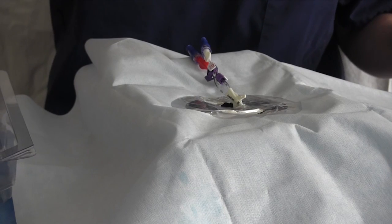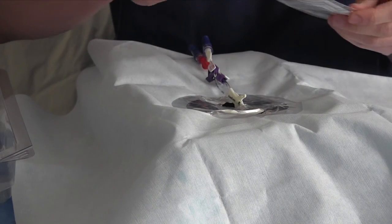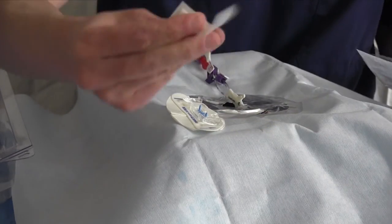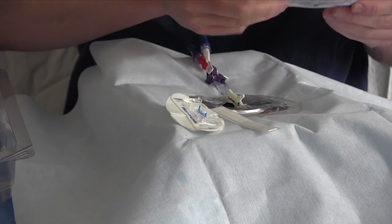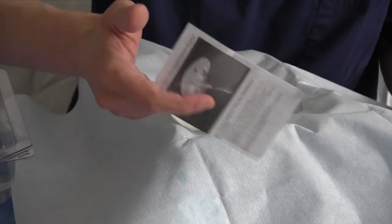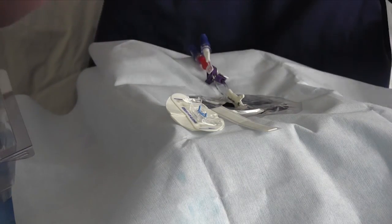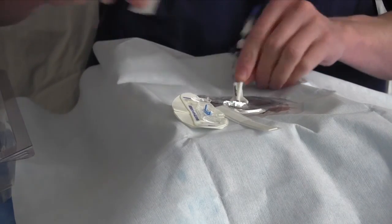Make sure now all nice and clean. I'm going to open up this StatLock package. There's a couple things in here. You have the StatLock itself. You have some additional securing tape. You have instructions, which you can read at your leisure. And then you have a skin protectant pad. So I'm going to take the skin protectant pad, go underneath the hub of the midline,